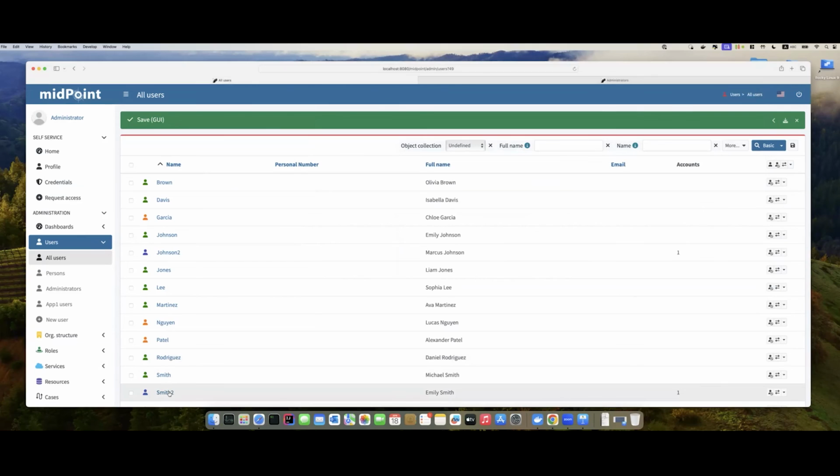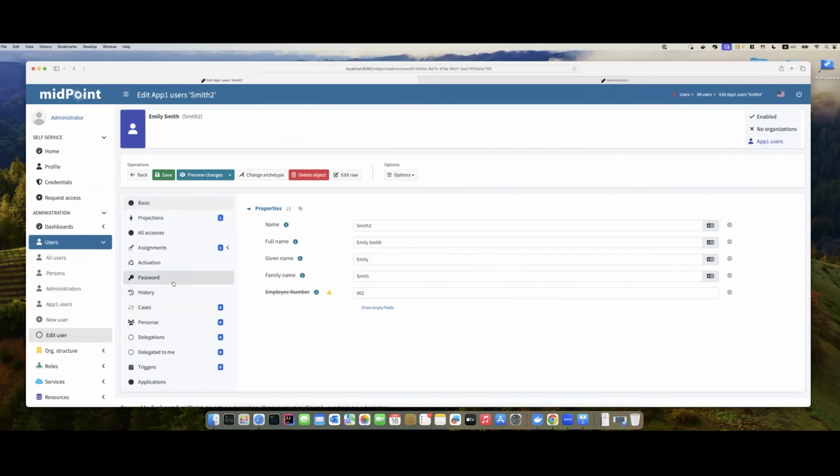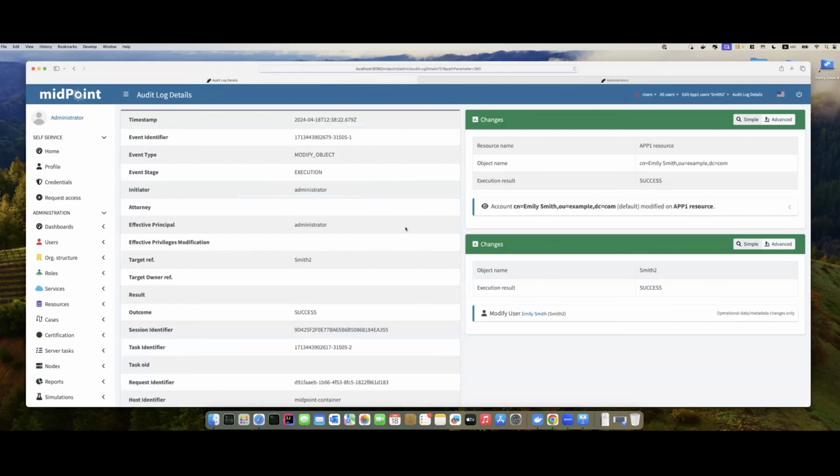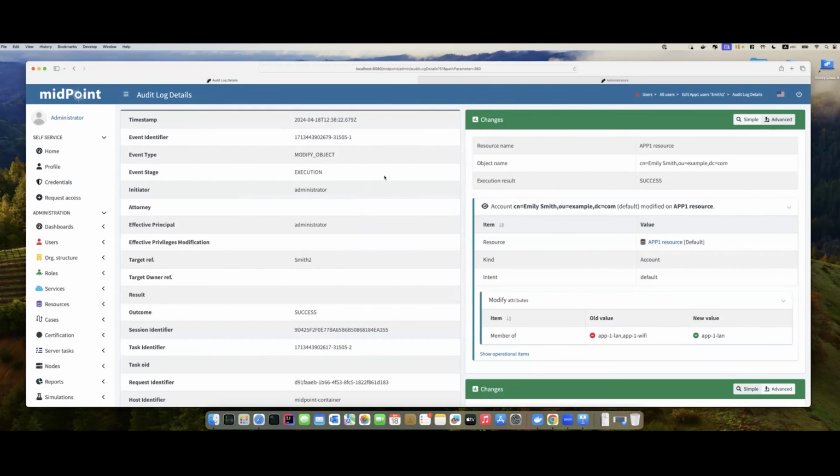Maybe a little bit more of a showcase. If we look at the history, what happened, then we see the first one is my demonstration, and this one is what we just did. It's an audit trail of what actually happened, and we can see that there was an action on the resource, and we just corrected it. The old value was this one, so the manually added access right, and we corrected it to whatever we have configured in the system.